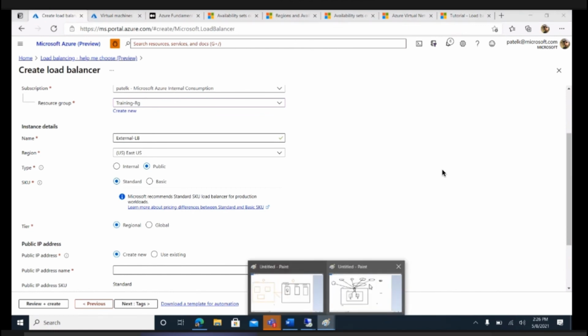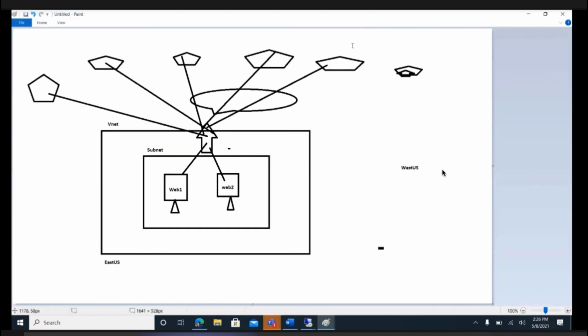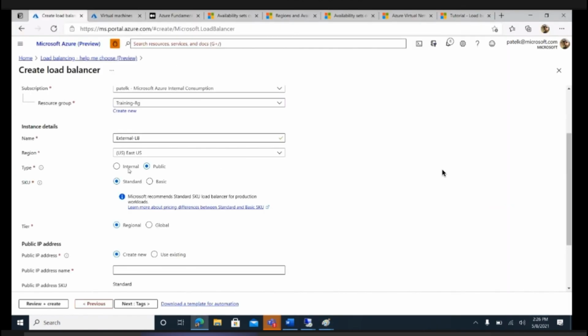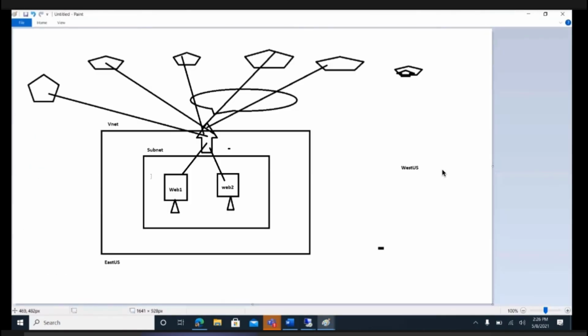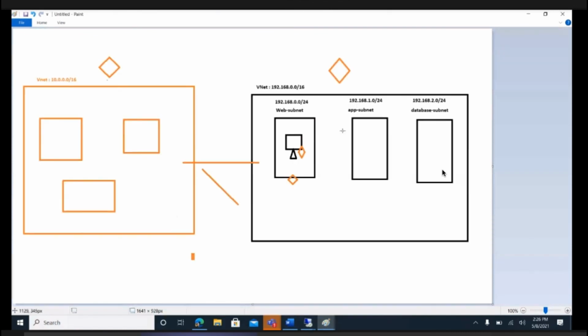Here you can see the type, and it matters: internal and public. Public means that any traffic coming from the internet will directly hit this front end, and this front end IP will have a public IP address. But if you select internal load balancer, it can only be deployed in a specific virtual network.